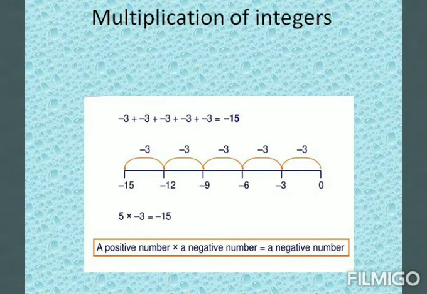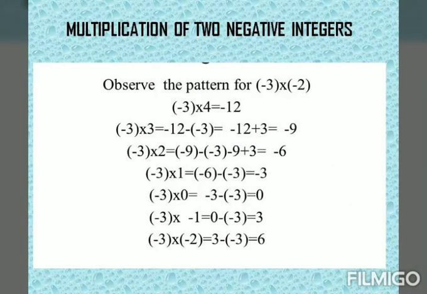That rule we have learnt in the previous class. If the signs are different, the product will be negative. So by using the number line, when we are multiplying 5 and minus 3, we get the product minus 15. See, this is a multiplication fact. Here above this I have shown the addition fact. Multiplication is nothing but repeated addition. So minus 3 is added 5 times, we get the answer minus 15. So remember that multiplication is the repeated addition.